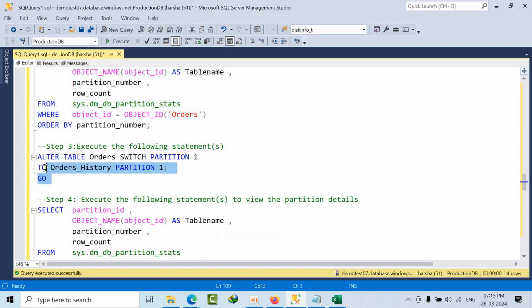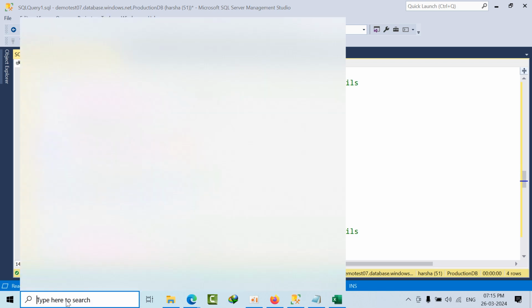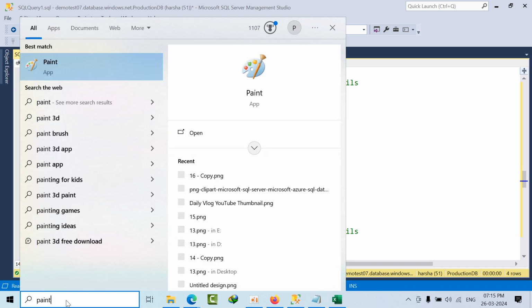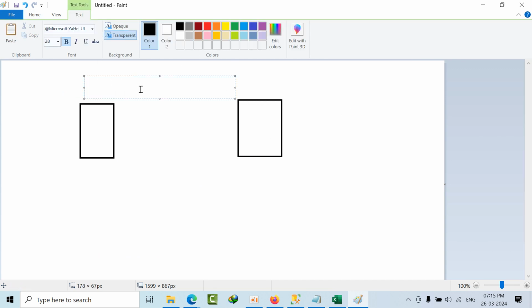Now what I am doing is altering the table orders, switch partition 1. One thing to remember: I am opening the paint. I am having two tables. One is here, orders, and here,